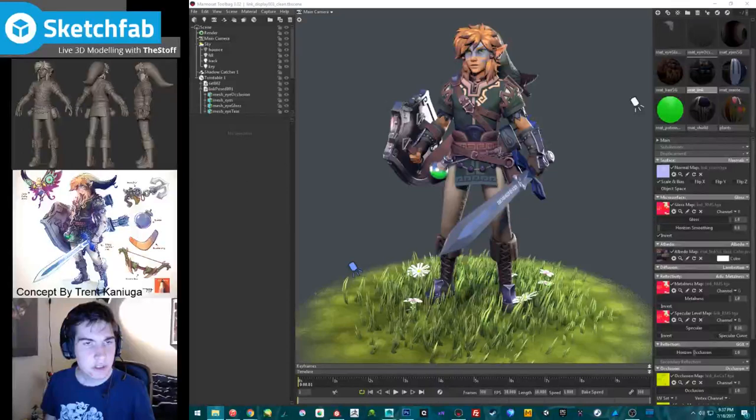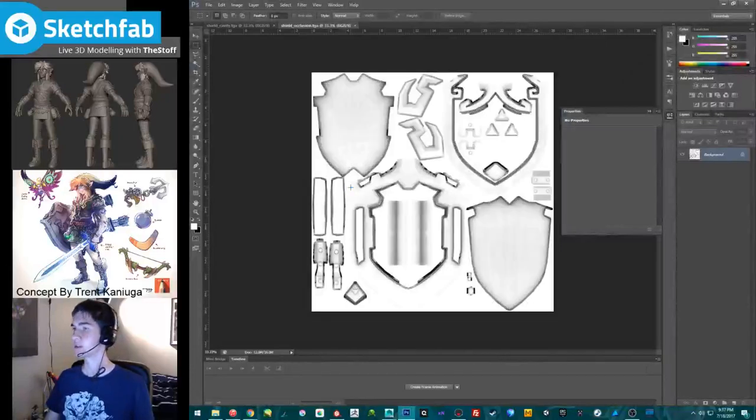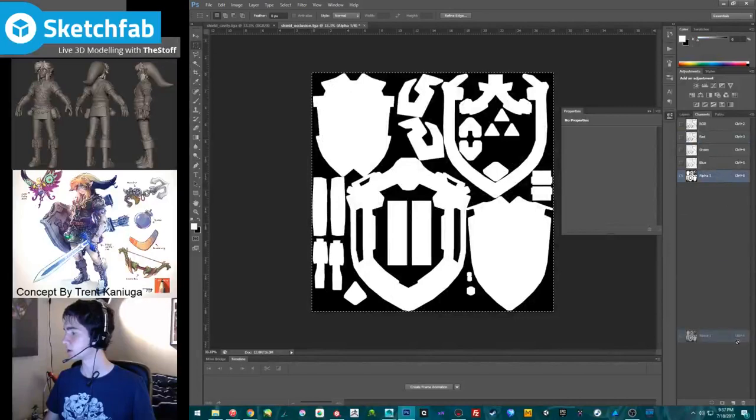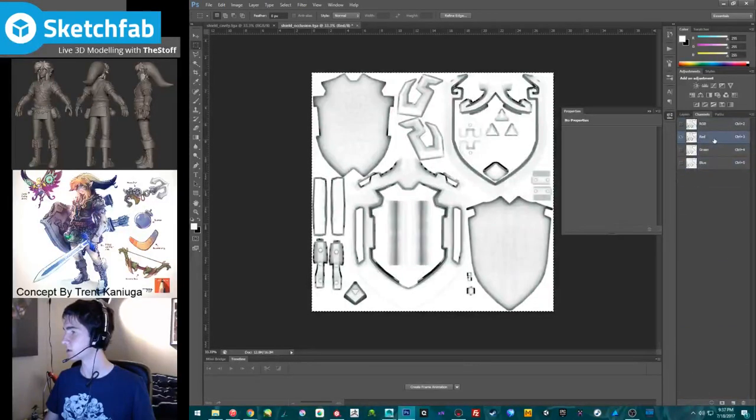So shield. Where are those maps? Oh, I didn't even take them out of the bake folder. I got lazy, it seems. So we got cavity and occlusion. Open. Okay, so this is my ambient occlusion. Paste. Delete this layer, I don't need it.